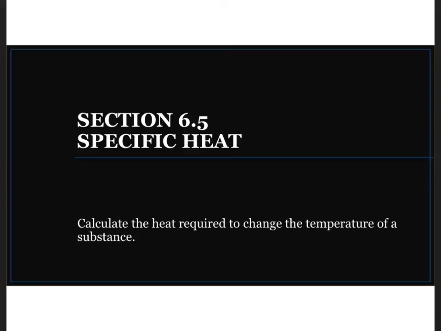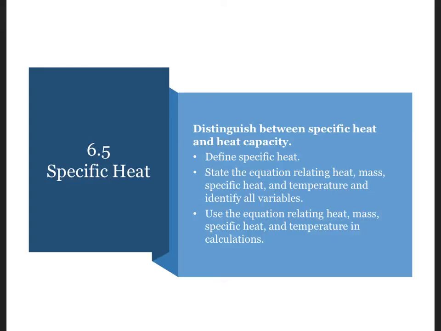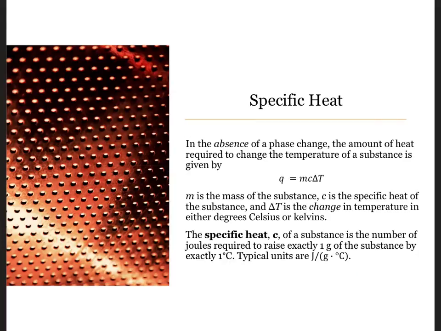In section 6.5, we'll introduce the concept of specific heat, the heat required to change the temperature of a substance. We'll define specific heat and the mathematical equation used in calculating it. Let's begin. The amount of heat needed to change the temperature of a substance is Q equals mc delta T,